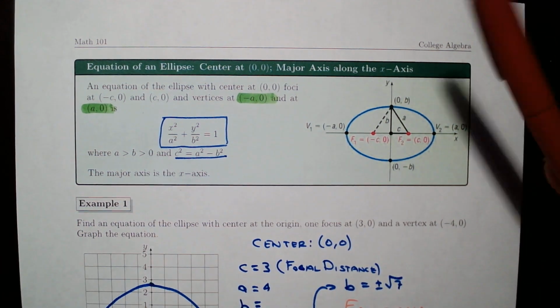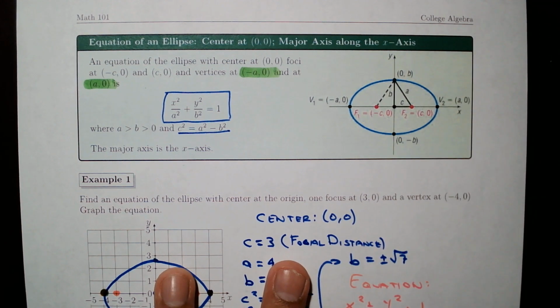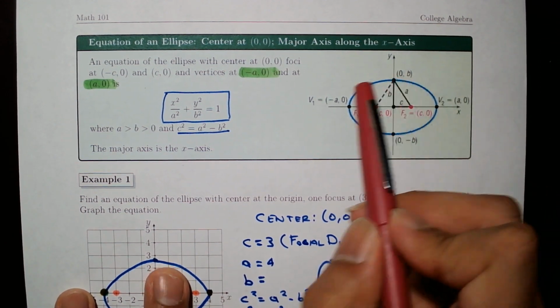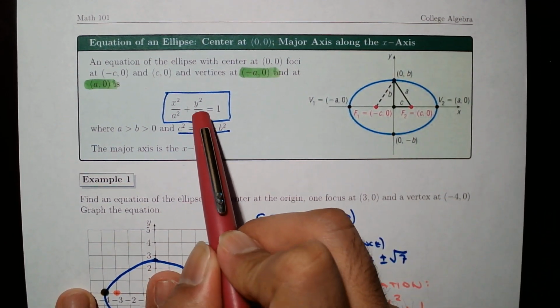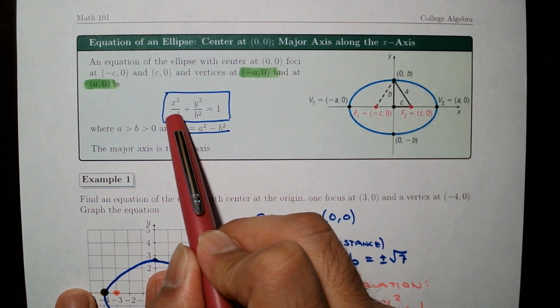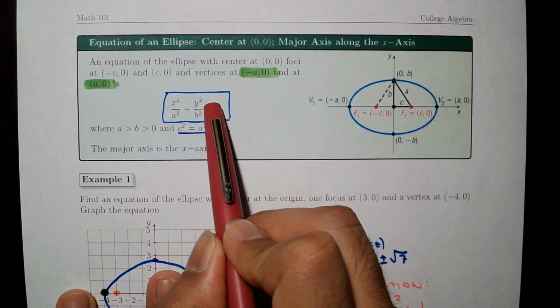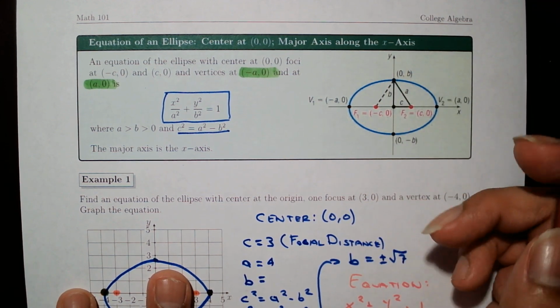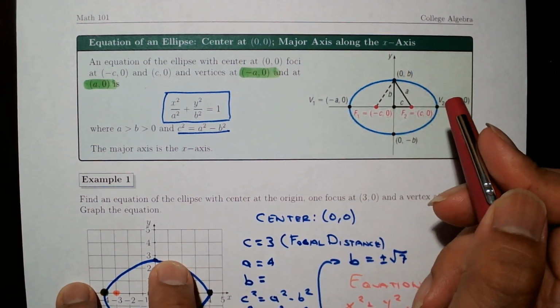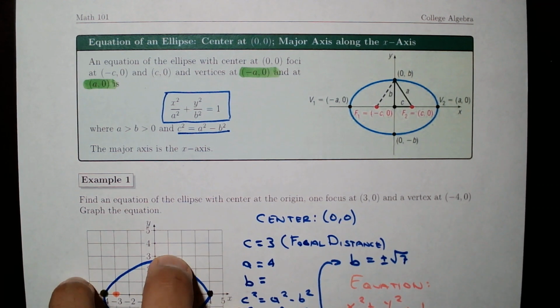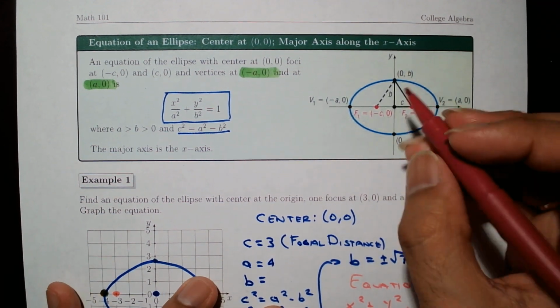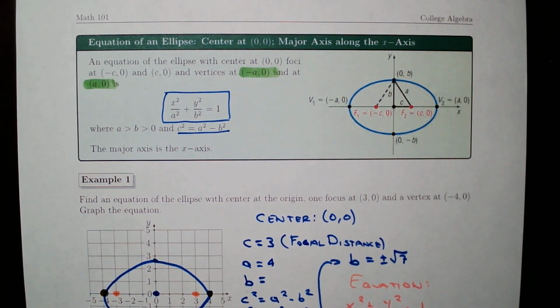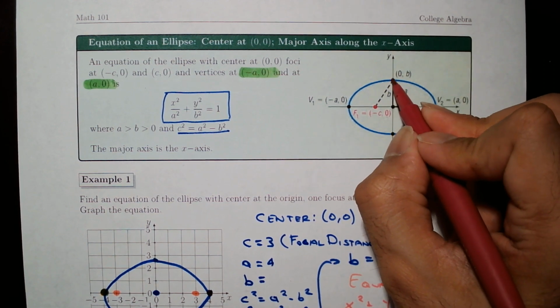However, in this case, a and b will be related to the length of the major axis and the minor axis, which in this case, the length, this length right here from